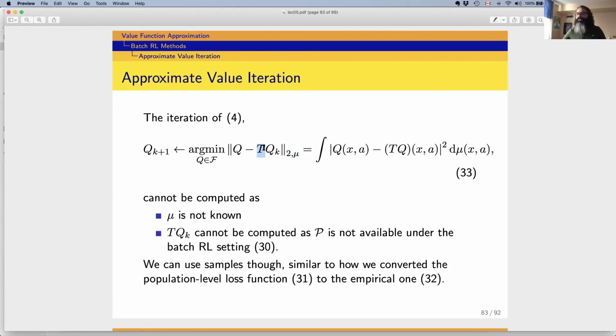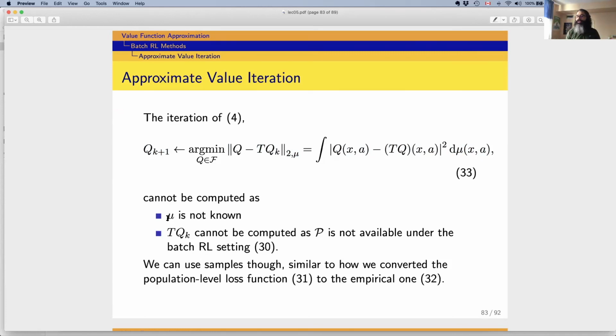Previously, I guess I showed it for the state value function V, but we can do it with Q too. And this norm is essentially this integral or expectation of (Q(x,a) - TQ_k(x,a)) squared, weighted by mu(x,a). So again, like the previous case, we cannot compute this